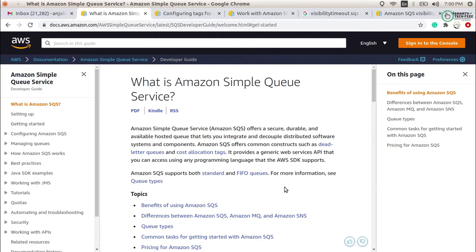As I said, we will work with the Amazon SQS service. We are going to code it in Java, and the prerequisite to connect with the Amazon SQS service is that you should have an SQS client. So how can you create an SQS client?